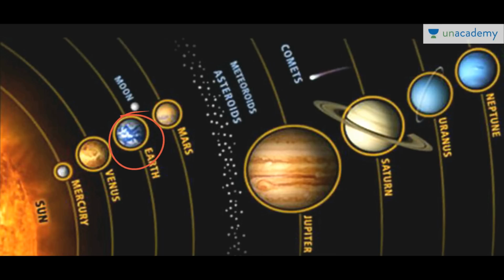You can see between the orbits of Mars and Jupiter, here this is the asteroid belt. So they are found here. Then they also have meteoroids and the comets. You can see this long tail here in the comets. So this is basically the figure of the solar system. Earlier Pluto was also considered a planet. Now it is considered a dwarf planet.